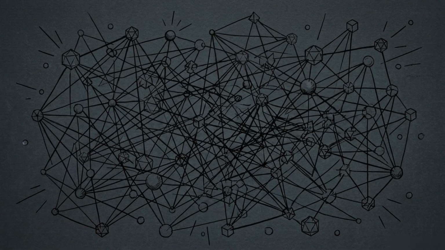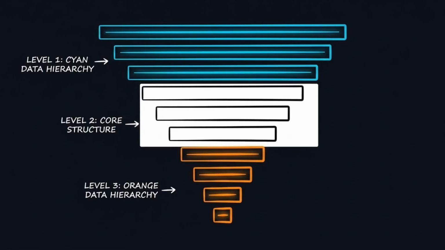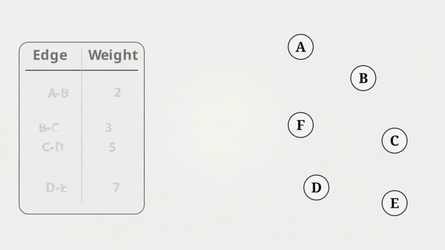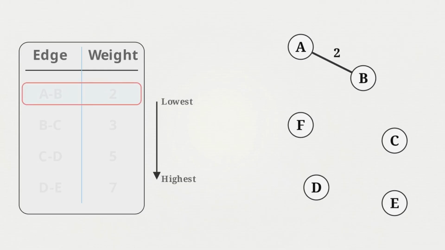But a greedy algorithm cannot function on disorganized data. It requires a specific structure to identify which choice is actually the cheapest. Here we have a scattered set of edges and their weights. The mandatory first step of Kruskal's is to arrange this data into a sorted table, sequentially ordered from the lowest weight at the top to the highest at the bottom. With our data ordered, the execution is mechanical. We look at the top of the list and select the lowest available edge, AB, with a weight of 2. That edge is drawn. Our first 2 nodes are successfully connected.